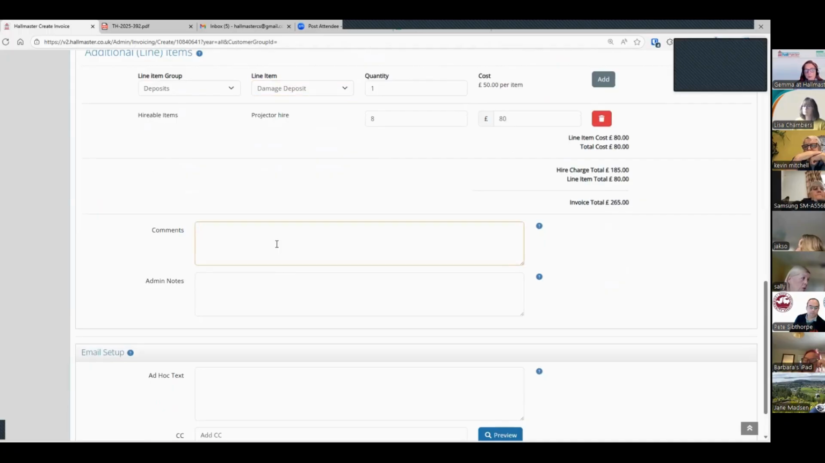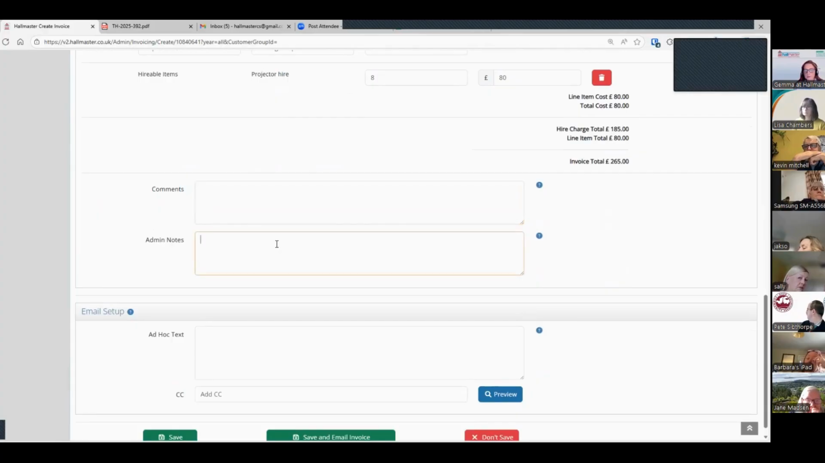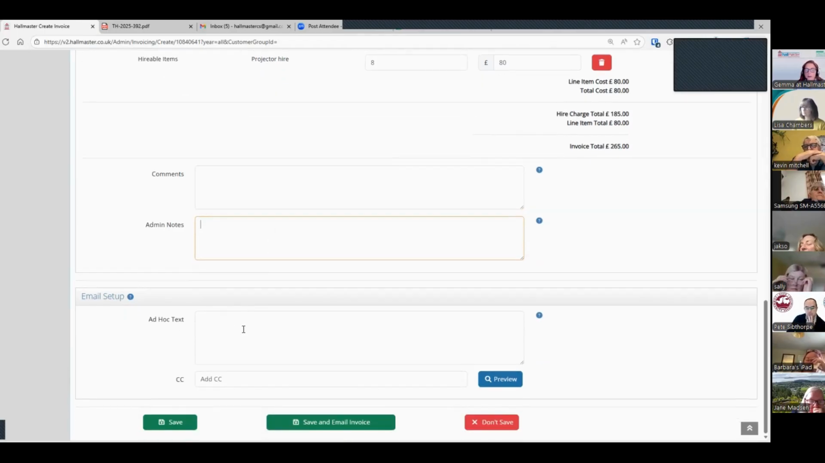The comments box will print out on the invoice PDF, and you've got an admin notes box in case you'd like to leave yourself any information for future reference regarding this invoice. Ad hoc text. Again, this is if you've got any extra information you want to go out in the email to the customer that's only relevant to this invoice. You'll then click Save and Email Invoice. It will send a PDF copy of this invoice to your customer and also send a copy of that invoice to you. So I'll save this invoice